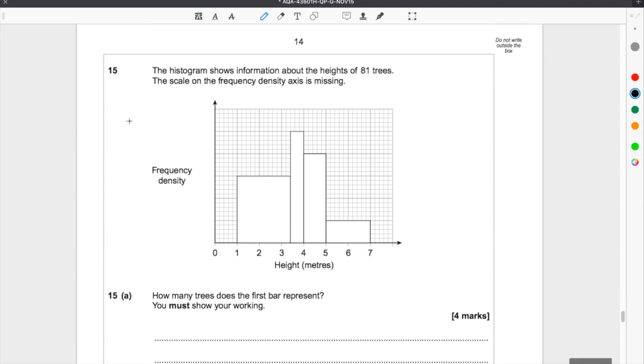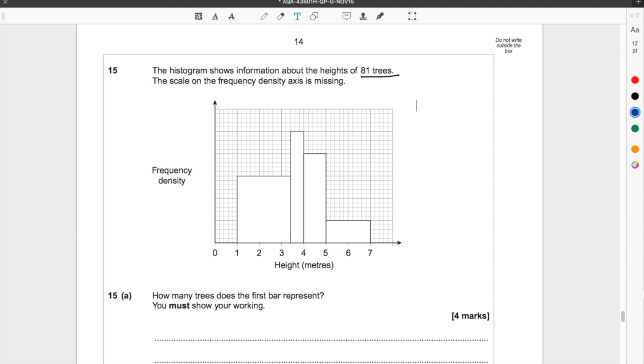Question 15. The histogram shows information about the heights of 81 trees. The scale on the frequency density axis is missing. How many trees does the first bar represent? You must show your working. So,